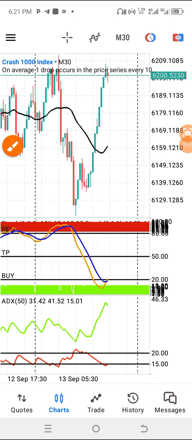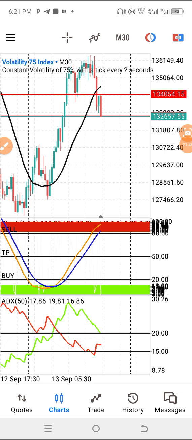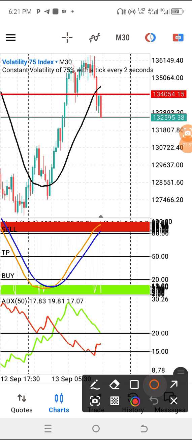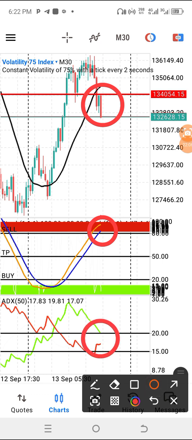It also applies if you are trading Volatility 75 indices. Now, Volatility 75 is giving us a formation of a sell. But we have not had the confirmation here yet because price is already at a resistance zone. So we need to see confirmation there, and we also need to see confirmation here before we pull our trade, except maybe you want to risk it. Then you can put your stop loss somewhere here, a little bit above it, then you place your sell. But it will be very good if you always allow the conditions to align.